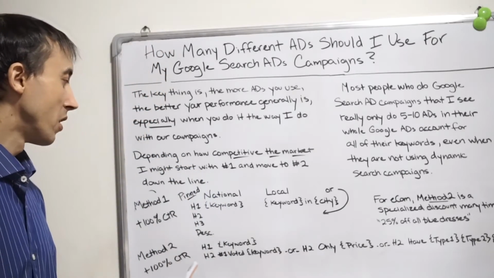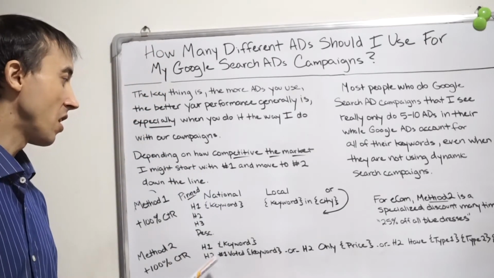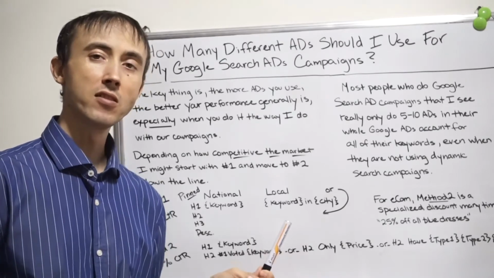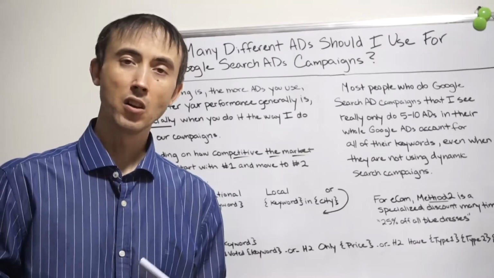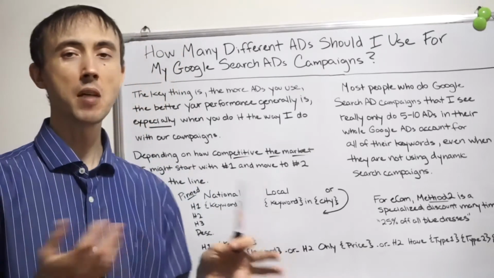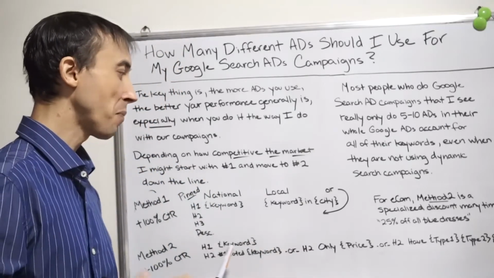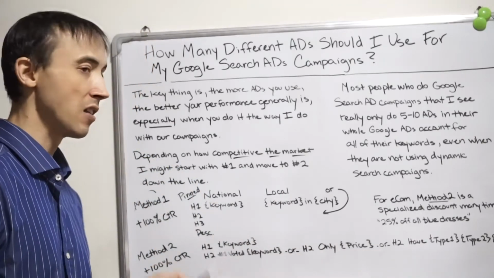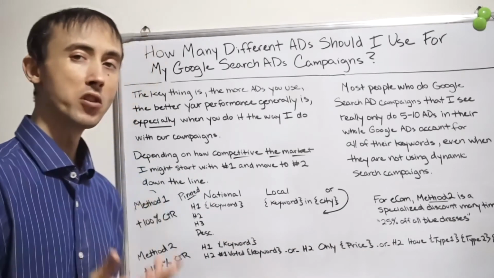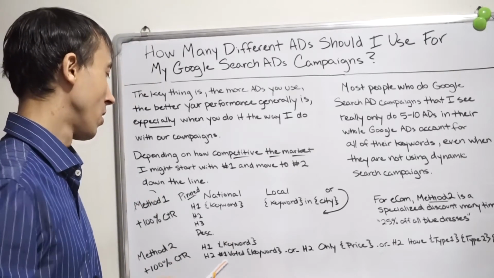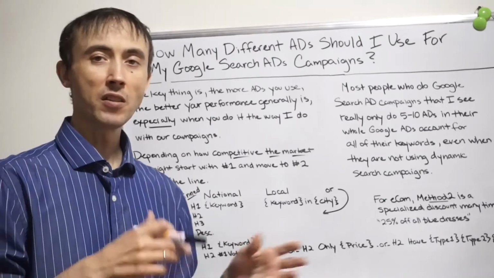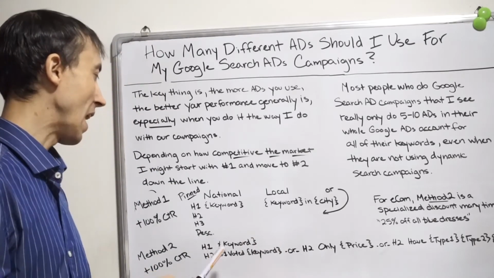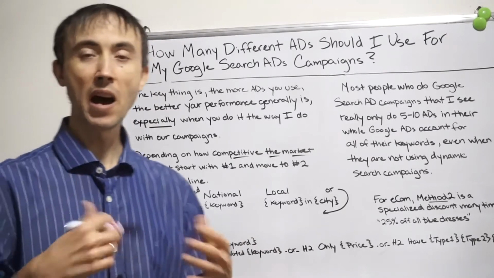Method number 2 is getting the second headline to be customized to what the user's typing in, so that you aren't just saying the keyword they typed in the first headline, you're saying something about what they typed in the second headline, which is pinned as well, so that it always shows in the second spot. To give you a few examples of how this is done, we had a person who buys junk